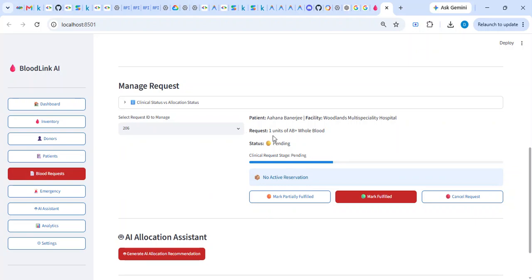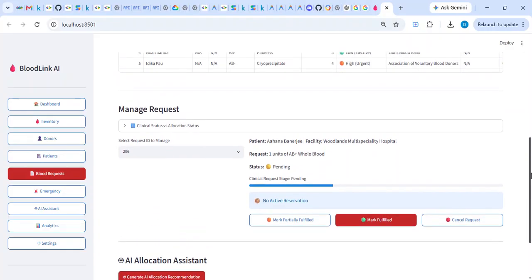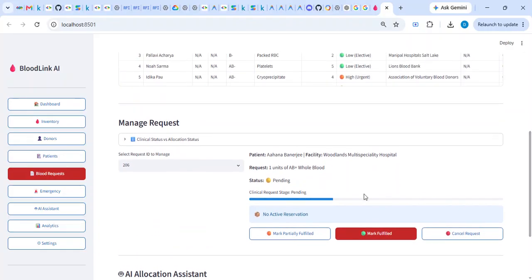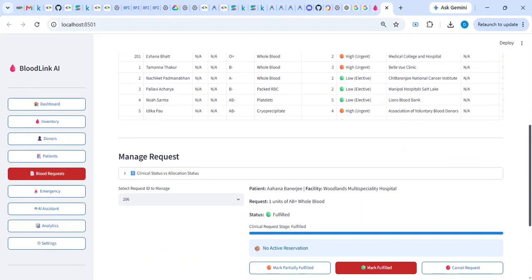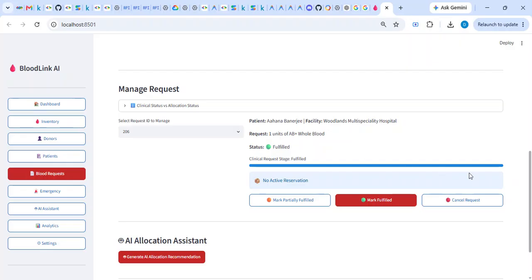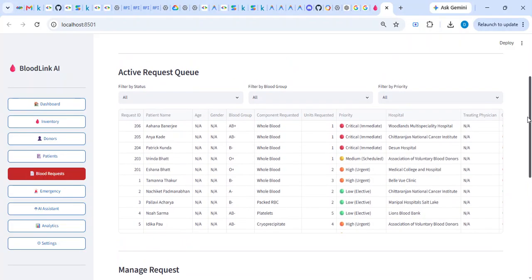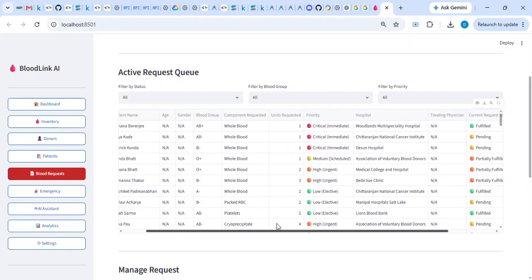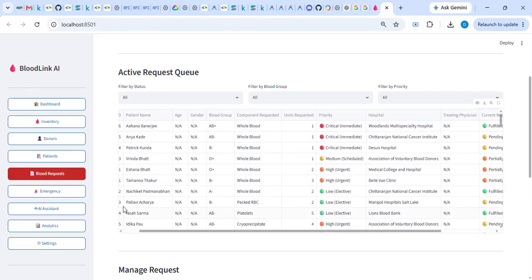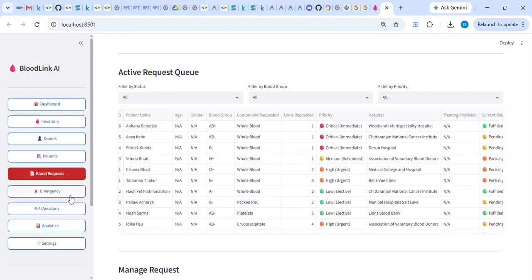Here only 1 unit of blood is requested, and the AI knows that this particular facility already has more than 1 unit of blood, so it will mark it fulfilled. Once it is marked fulfilled, you see the stage has come to fulfillment, and here also the current status has become fulfilled. All these are done through AI itself. Now going to the